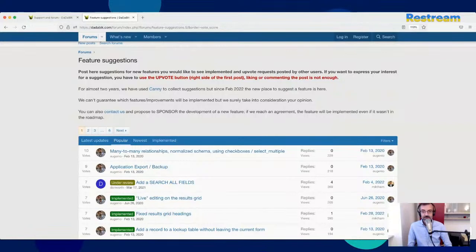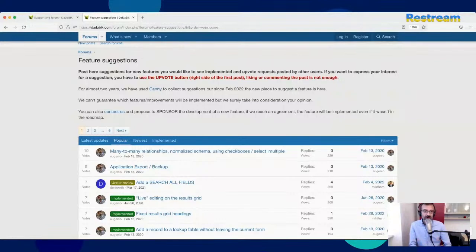Some features are also sponsored. I don't know how many during these years, but I would say around 10 quite big features have been sponsored by customers who wanted to have that feature implemented because they needed it in their applications.